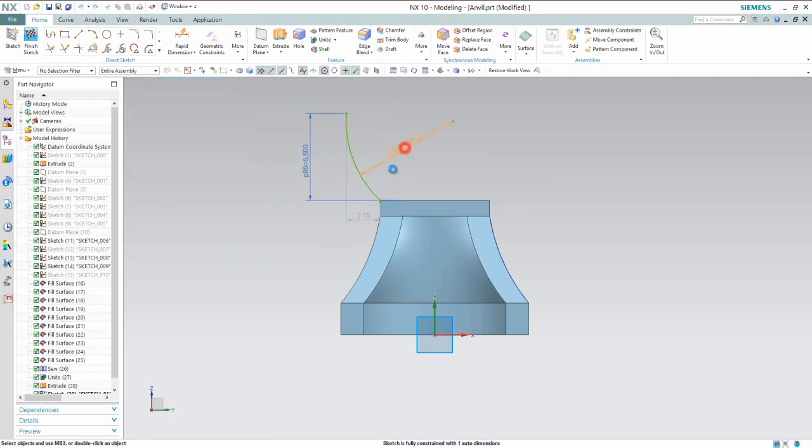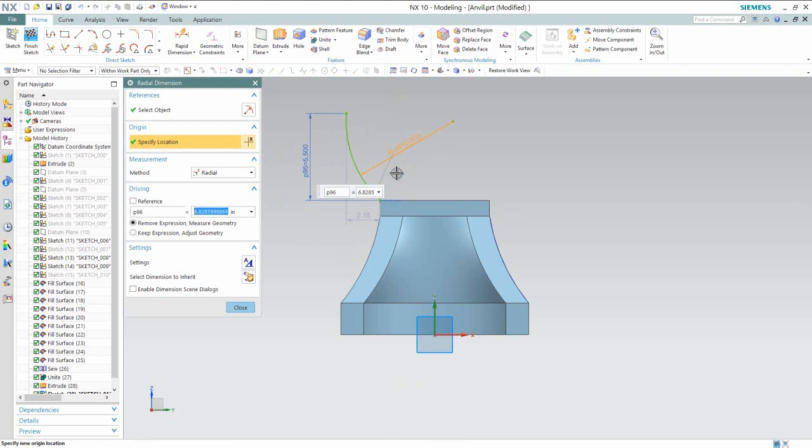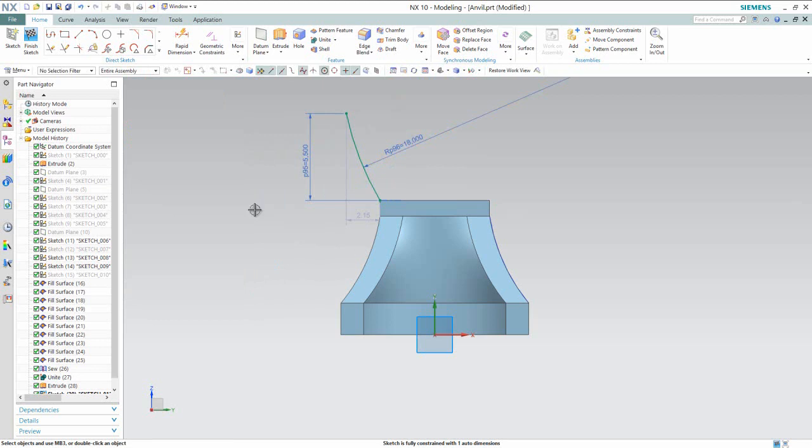And set the arc radius, we will keep 18 inches. And start the line from this end point of the arc and this point. OK.